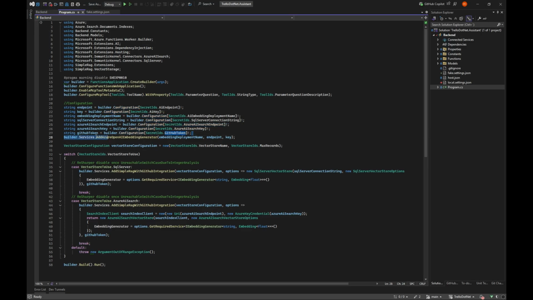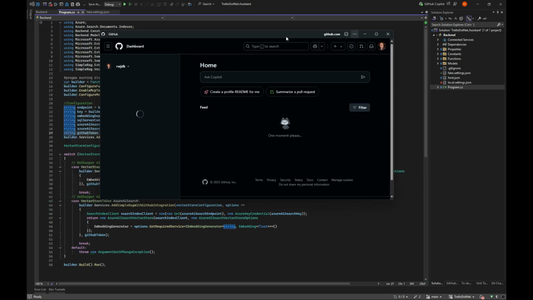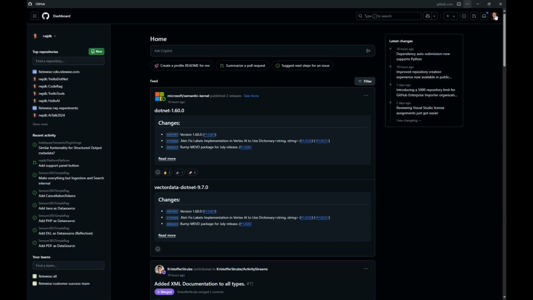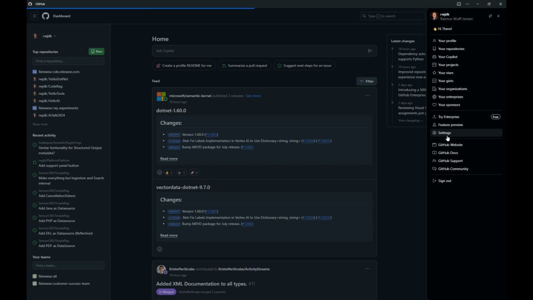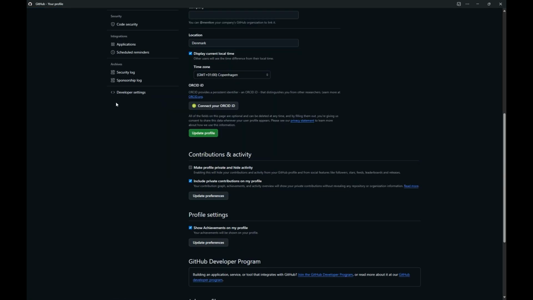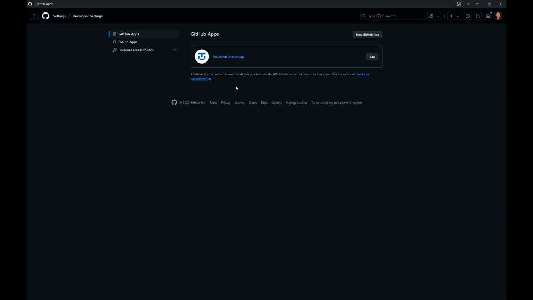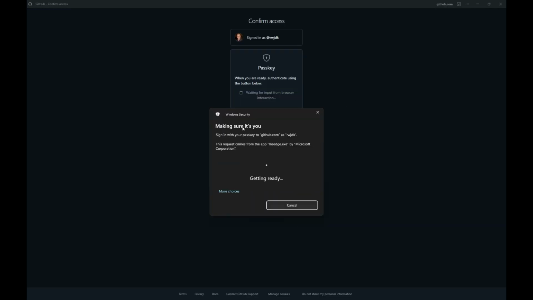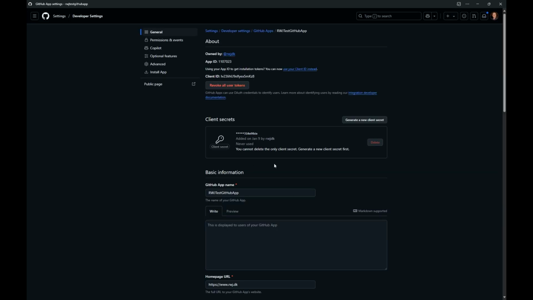And then I need a GitHub token. So that is just the normal tokens up in GitHub. So I can go in here and go to my settings, and down in developer settings, I have my key to do this. And that key, if we look at it, I need to quickly log in here. There we're logged in.